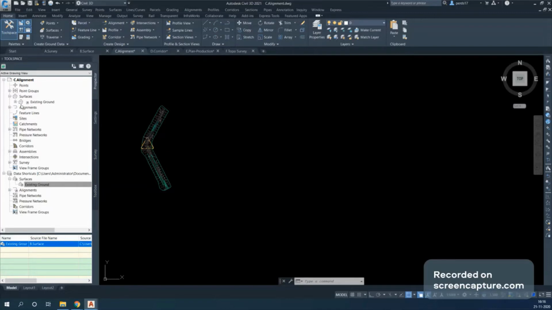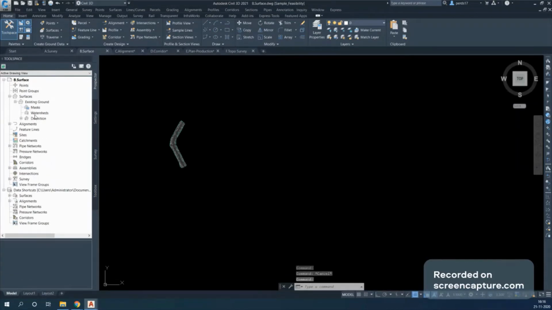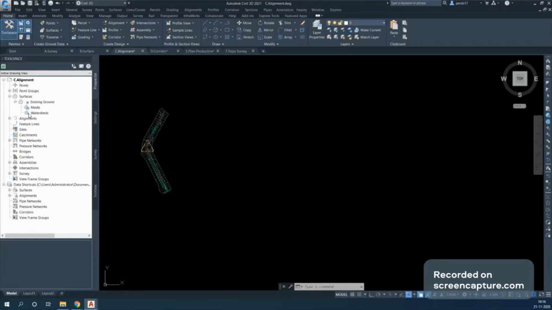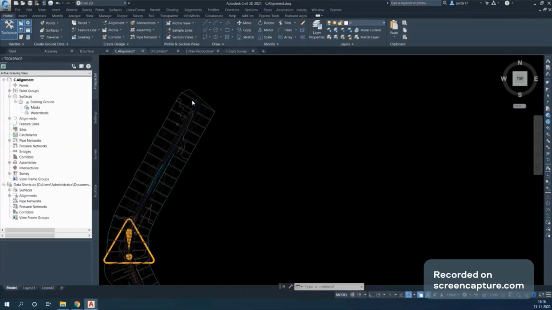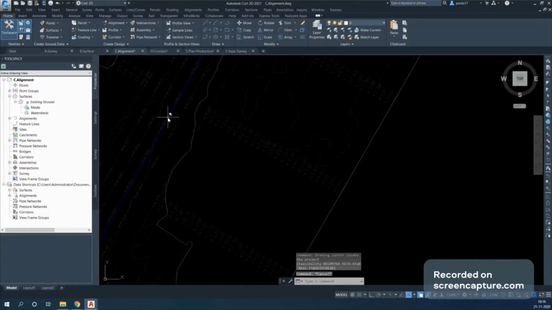If you see in general surface options, there are three options: mask, watersheds, and definition. Using the definition you define your surface, but in the data shortcut objects you will see only two, mask and watersheds, so you cannot define this surface. Now the surface is loaded as a reference, so the drawing will not be that heavy because there is no definition here. Now I have drawn the alignment, so I will select this alignment,